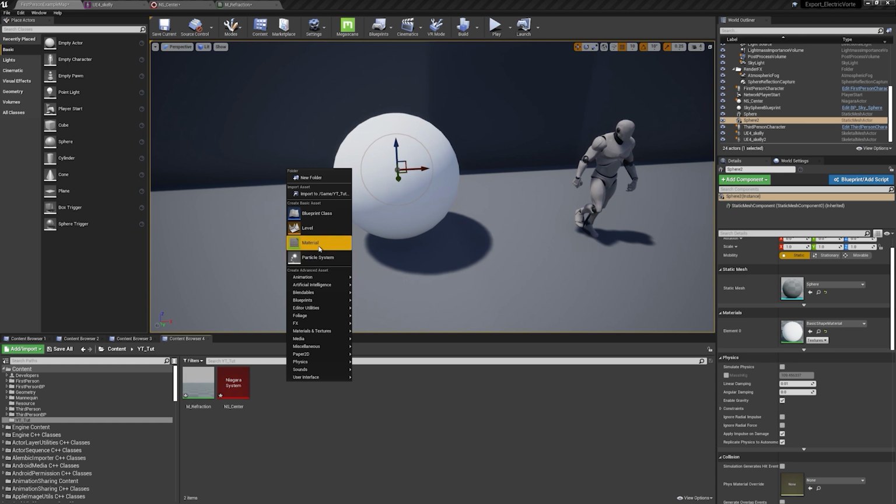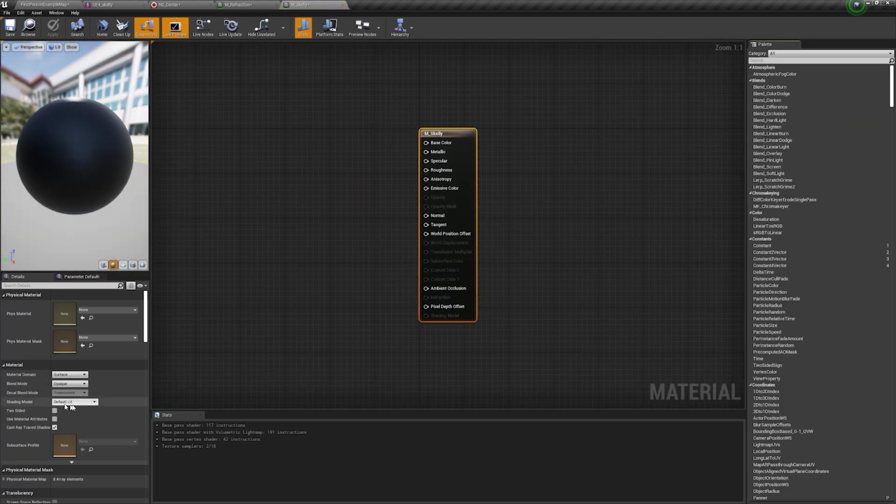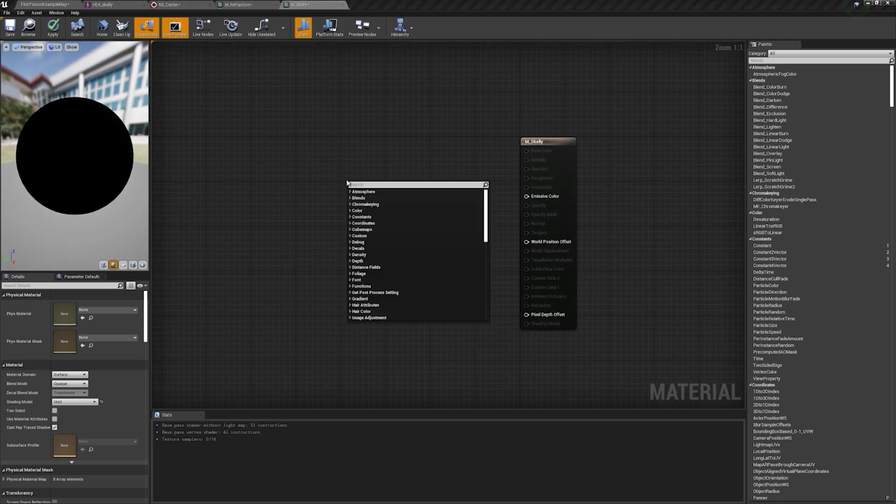So right click, then go to material and m_scale, and open this up and change this shading model to unlit. And that's all we need to do here. And now get a Fresnel node